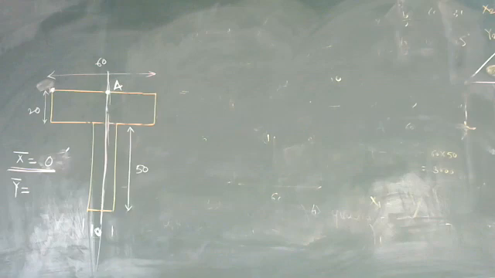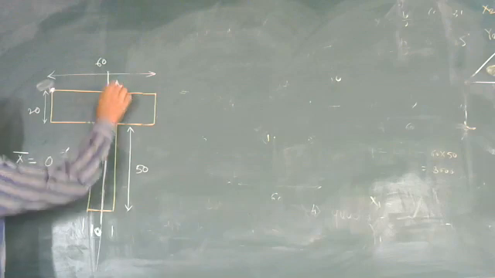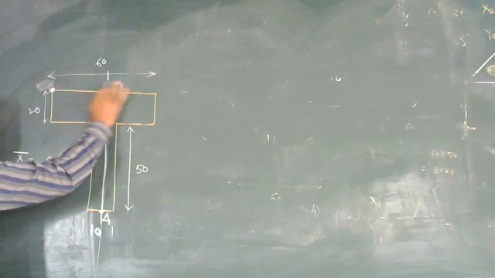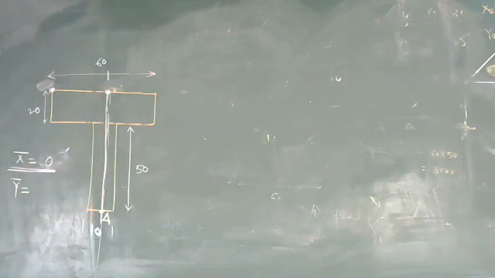But the second thing, or second part, we are required to find out. Here in this case, we will find y bar from the location of A. Or instead of A, here I will take here, so there will not be so much confusion. So I will take A point at the base.